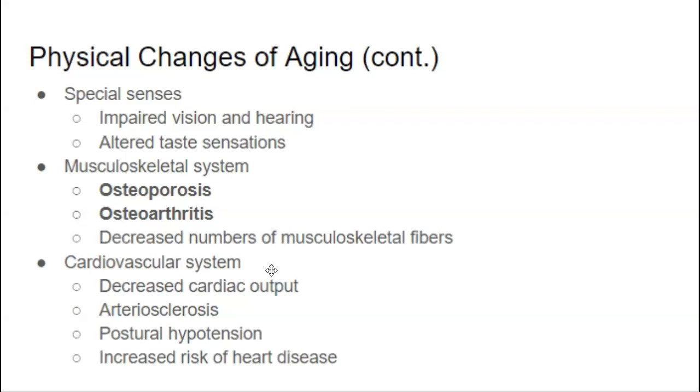Cardiovascularly, there's a lot of stuff that can happen. Primarily, this occurs because the heart has had to beat so many times during the lifetime that sometimes that can be an issue. The other thing that starts to happen is our vasculature changes. The arteries can become, over time, there can be plaque buildup, thrombosis, atherosclerosis can build up, which can lead to damage of the arteries, as well as arteriosclerosis, which is decreasing elasticity,